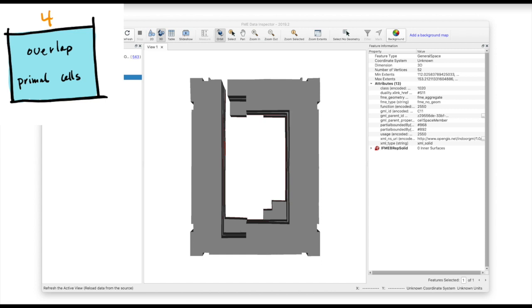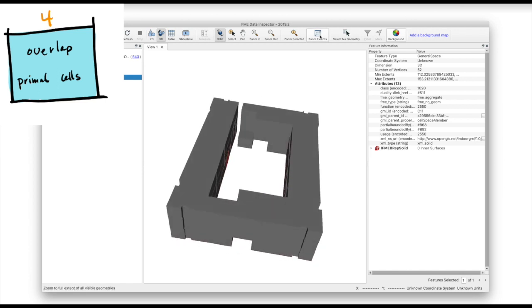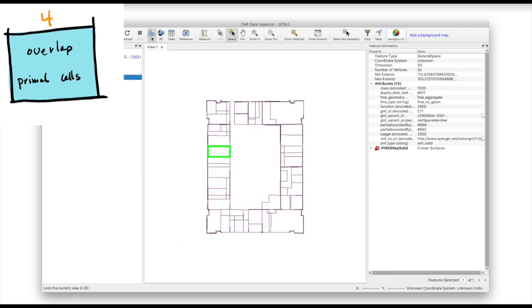Okay, so now step number 4, which is checking the overlap between all the three-dimensional cells in the primal subdivision. If we look at the building that we had, one simple building which has 3 stories, basically what we need to do is take one room, which is a three-dimensional solid or volume, and ensure that its interior does not intersect with the interior of any other